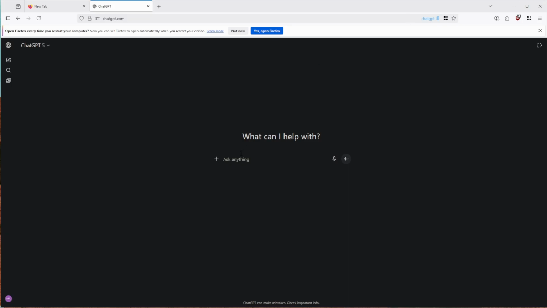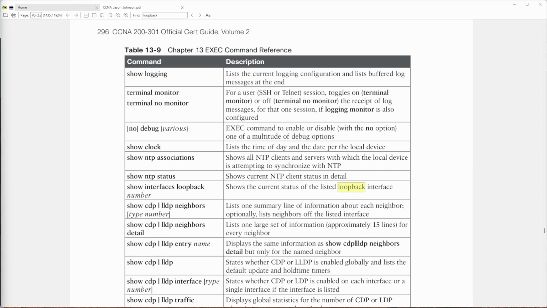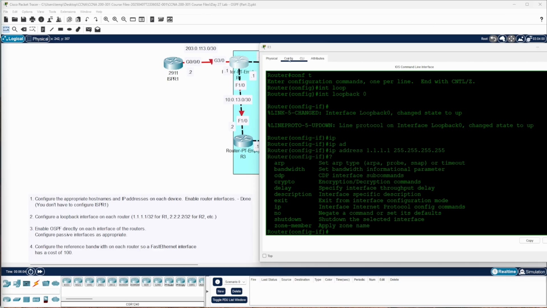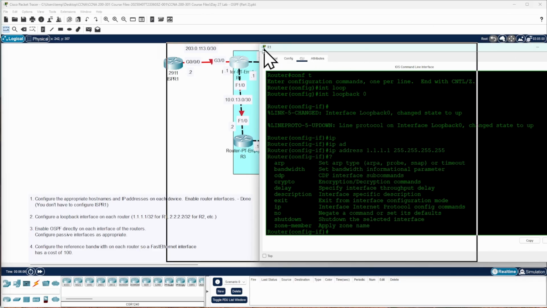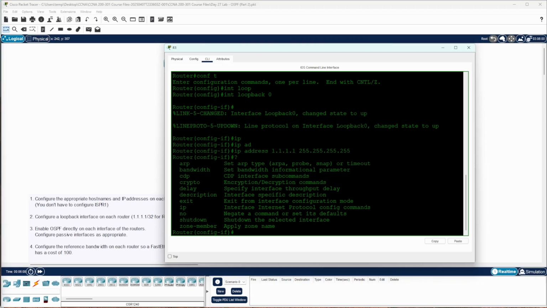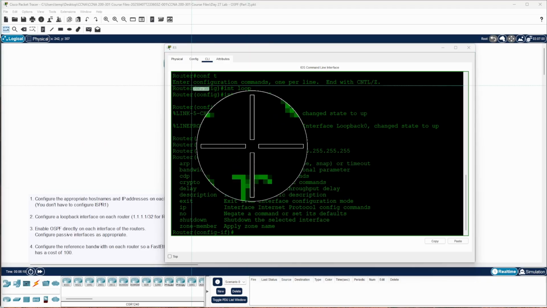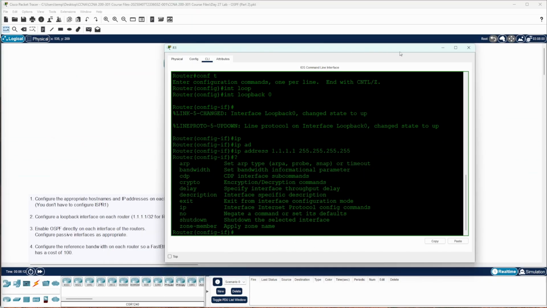Here's what we'll do. I'm gonna minimize this and just take a screenshot